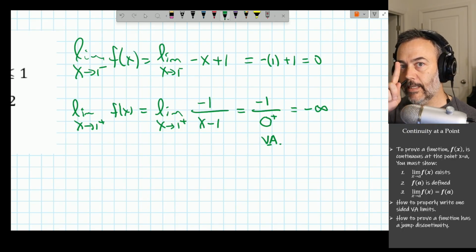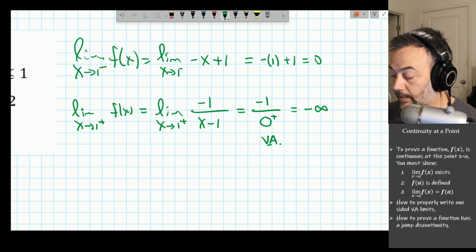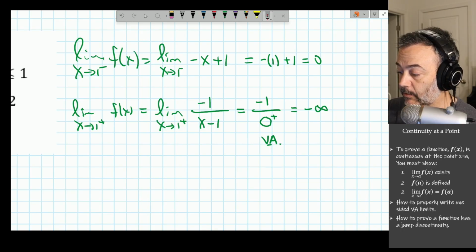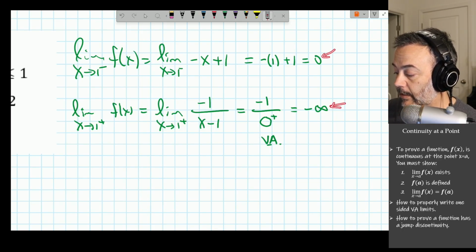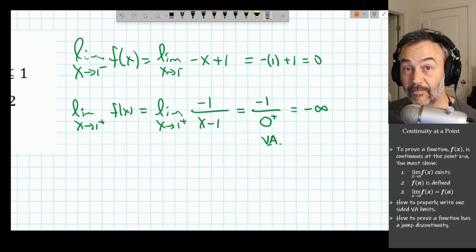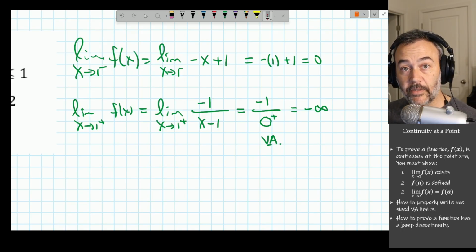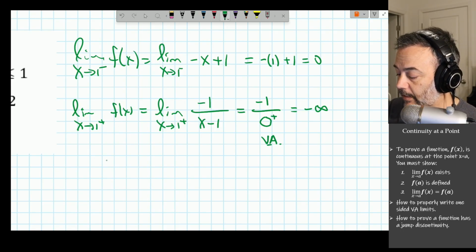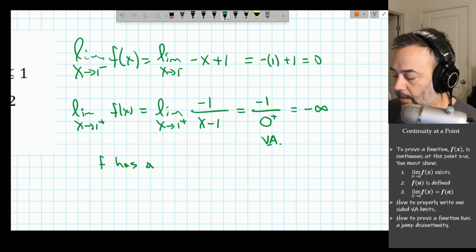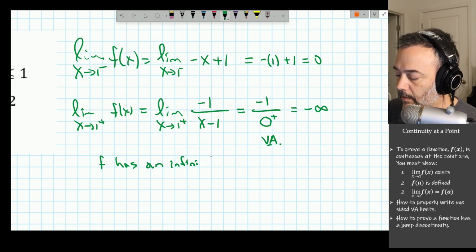You just need to show one side goes to either positive infinity or negative infinity. Now let's classify what kind of a discontinuity this is. Well, if one side goes to a finite number and the other side goes to infinity, this is an infinite discontinuity. In fact, if either side goes to plus or minus infinity, you only need one out of the two. If one out of the two or two out of the two go to positive or negative infinity, then this is an infinite discontinuity. So f has an infinite